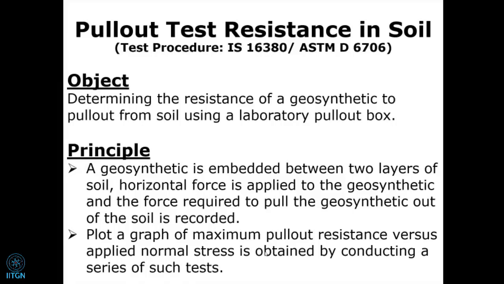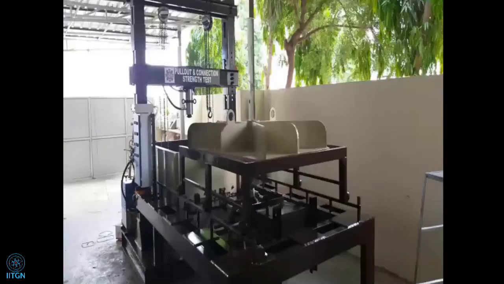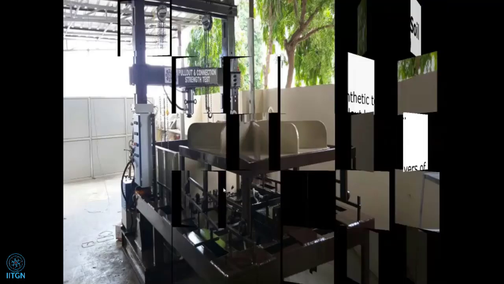The principle of this test, I will show you the photograph of this equipment. It's very large equipment. You see, this is the loading platform where we are giving normal stresses. This is the plate for the compaction purposes, and then it can be moved to and fro over the tank. The tank size is 1 meter by 1 meter in plan and length is 1.5 meter. And under this, up to 500 mm, we have to put the soil at the desired compaction of 97%. We'll discuss the procedure in next slides.